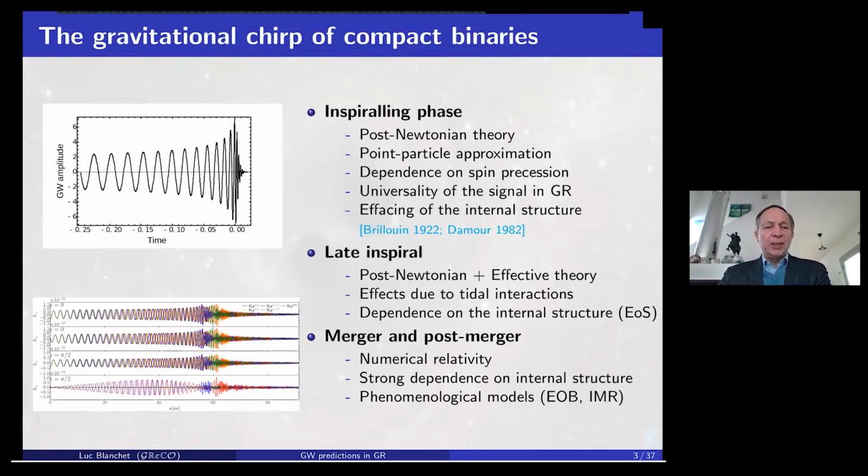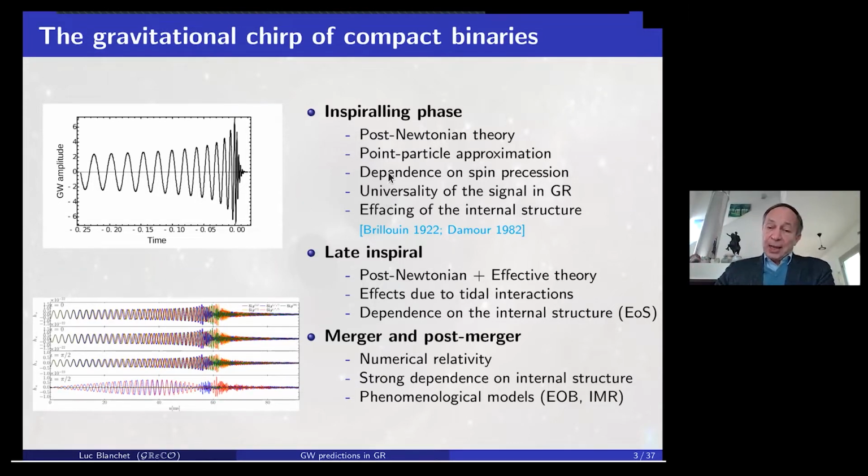We shall be interested in the chirp of compact binary systems, and the chirp is nothing but the orbital P dot of the Hulse-Taylor binary pulsar. For compact bodies, we shall have several phases in the coalescence of compact binaries, the inspiral phase. In this phase, the post-Newtonian theory is exactly the right approximation to be used, because the chirp is small in a post-Newtonian sense. The evolution of the frequency and amplitude of the signal is adiabatic, and the adiabatic parameter is small in a post-Newtonian sense.